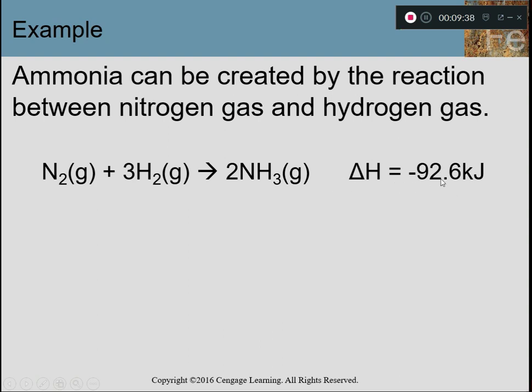Notice the delta H is first negative. That means this reaction as written is an exothermic process. And second, there's an amount of energy. What that means is for every 1 mole, there's a 1 here in front of nitrogen, for every 1 mole of nitrogen that reacts with an excess of hydrogen creating 2 moles of ammonia, you're going to have 92.6 kilojoules